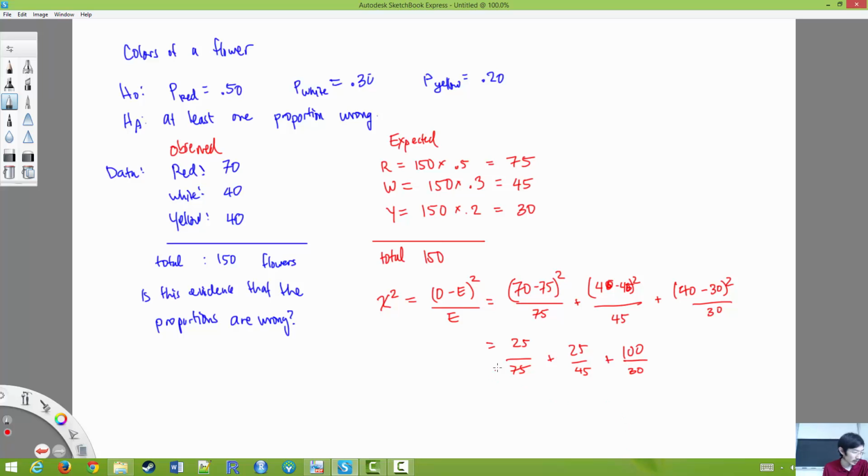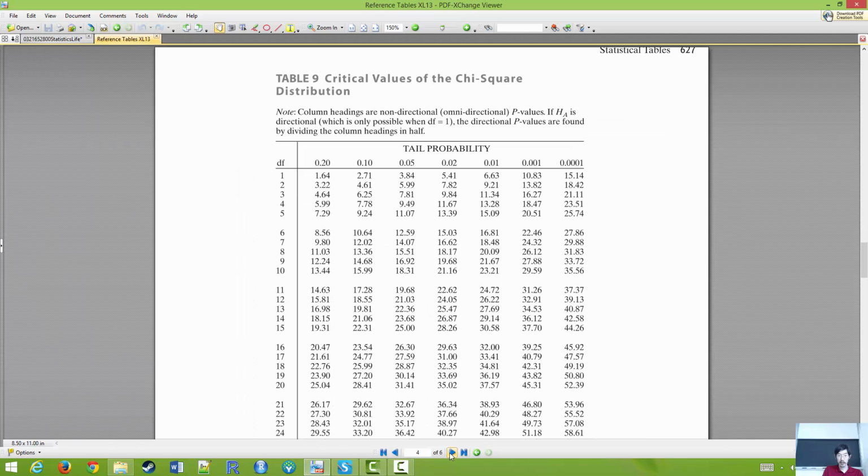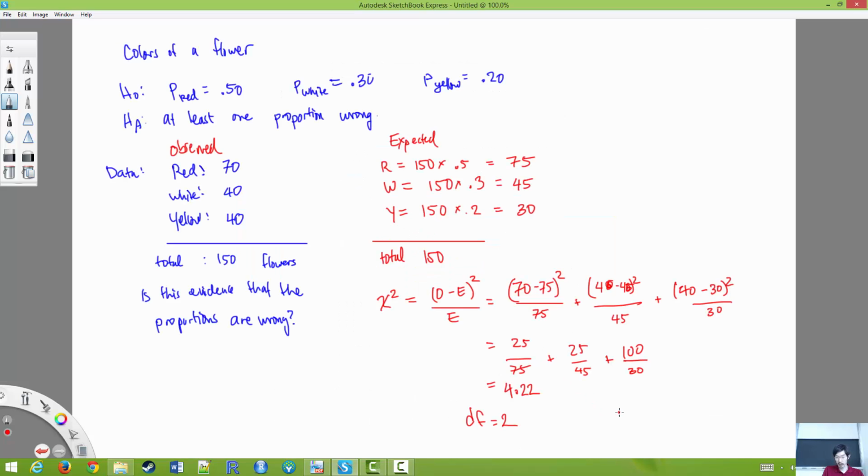Is that right? I think. I'm gonna grab my calculator. I get 4.22. Okay, and so I have degrees of freedom equal to 2, and we'll go to our chi-squared table. 2 degrees of freedom, and I'm looking at 4.22, which gives me a tail probability between 10 and 20%. All right, is that okay? Okay, and so my conclusion would be, do not reject